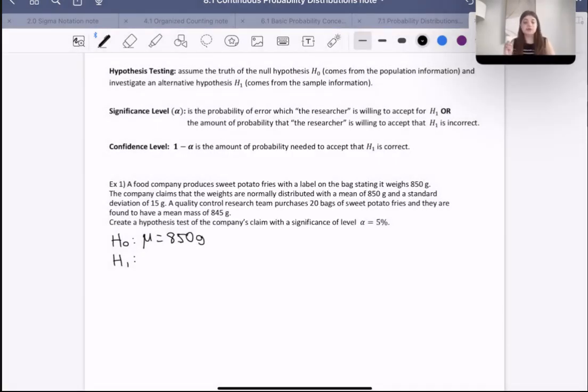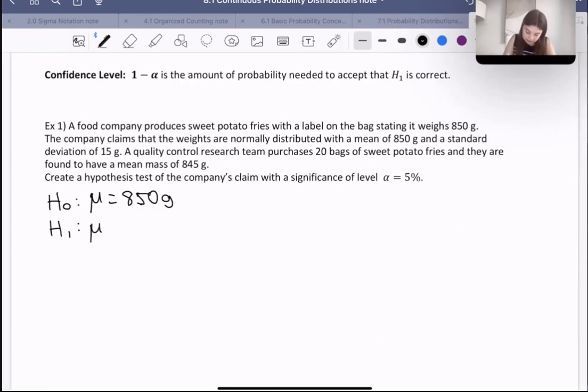However, the research team purchased 20 bags of sweet potato chips, and they said the mean is 845. So what we're trying to figure out is, given what the research team did, is this off enough that we can conclude that the alternate hypothesis is correct, that mu is actually not 850, that this company is lying to us or is incorrect in some way,